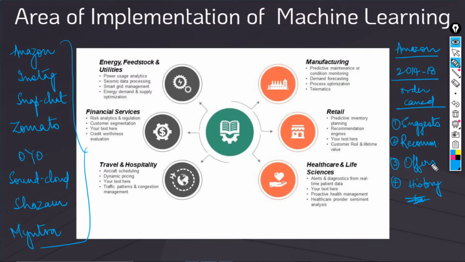We can put this as... let me rename this as order delivery history. You would be having the tracking detail, is what I would say. Yeah, you would be having the tracking detail of where your shipment is